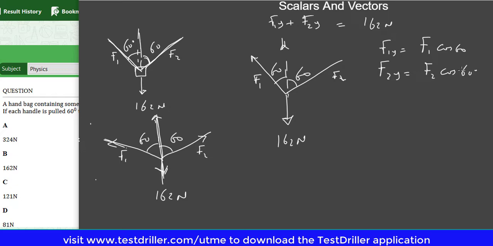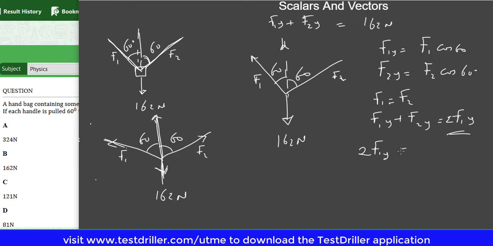Since both students are holding on with the same force, we can say F1 is equal to F2. So this F1y plus F2y can be written as twice of this. So we can simply say 2F1y